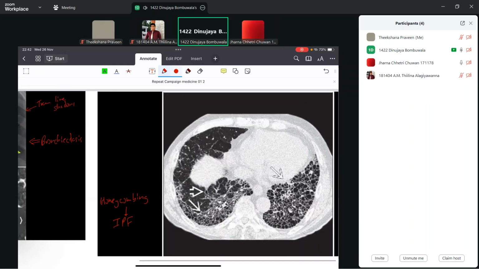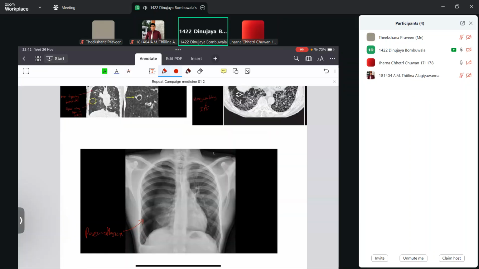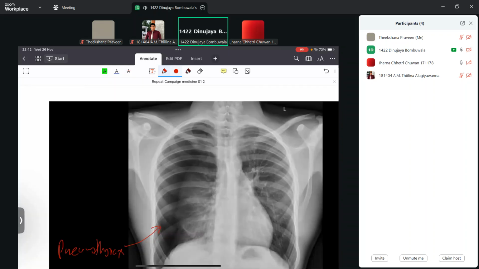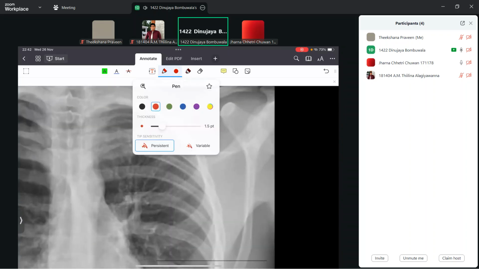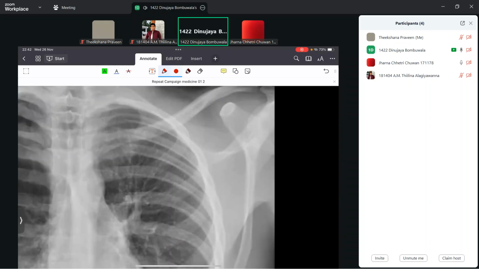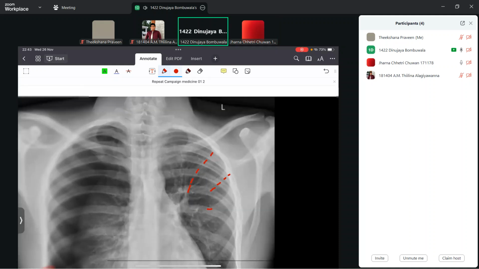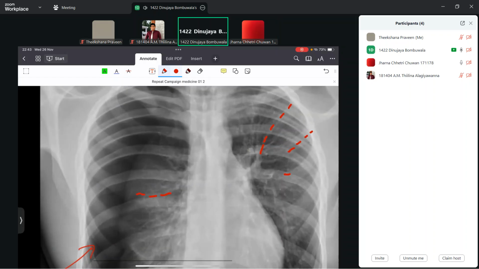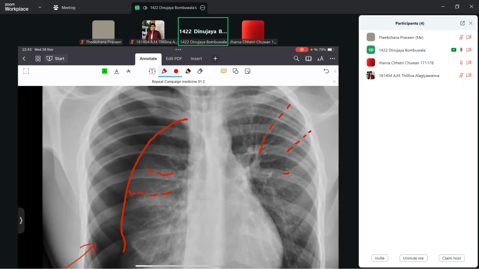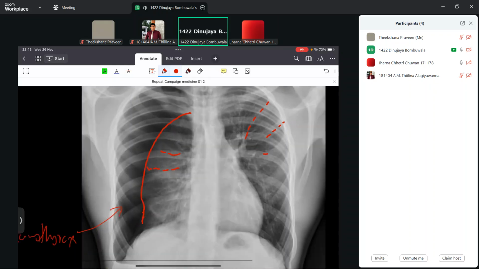The other one is pneumothorax. Can you guys see that in this one there are vascular markings, the white area going almost up to the periphery. But on this side, these vascular markings do not reach the periphery, they end around here. And you guys can also see that there is a discrete marking like this as well.